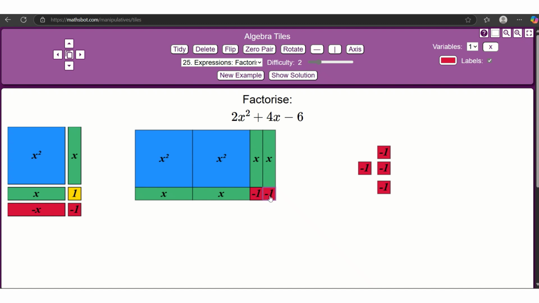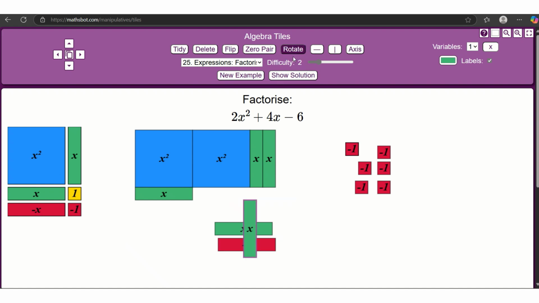So you're looking at that area. The only way to get a negative 1 down there would be to have positive x's on one side and negative x's on the other. So that leads us to, well, okay, what do we do? Because this doesn't make a rectangle. If you were to bring in a positive x and a negative x, and you bring them in together, positive x plus negative x is 0. And so this is what's called a 0 pair, and you're just bringing in that 0 pair. So what that's going to allow me to do